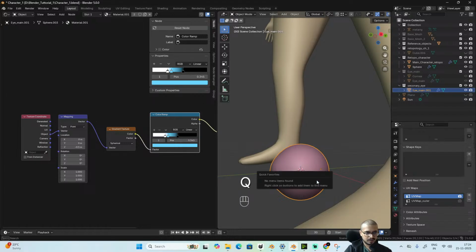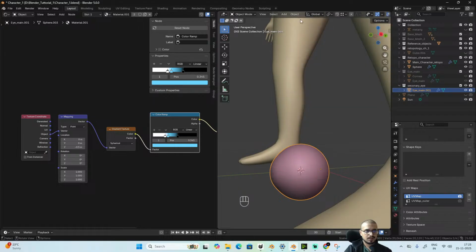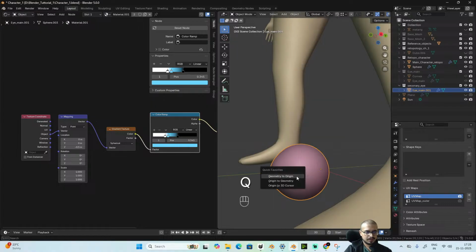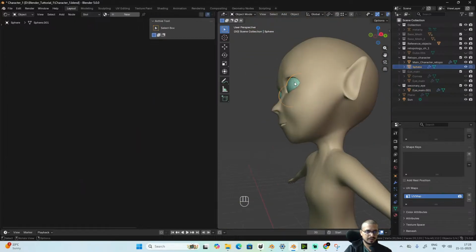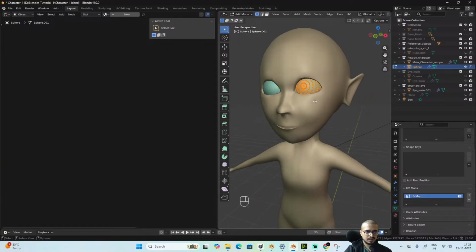Now I'll press... okay, so my quick favorites are lost somehow. I'll press again add to quick favorite all these three, and now I'll press Q over here in the 3D viewport and change the origin to 3D cursor, and now I'll select this sphere again, and as only this sphere is selected,